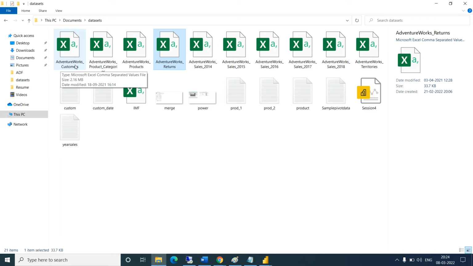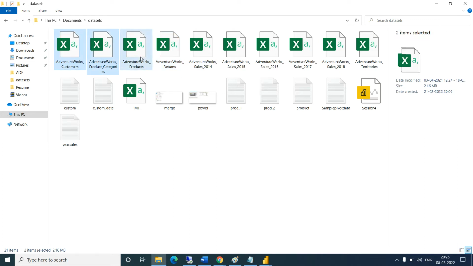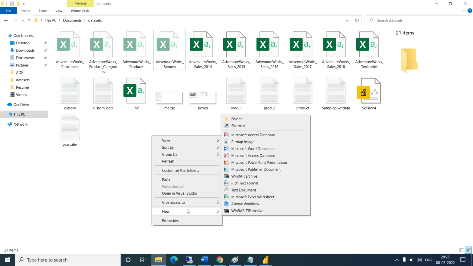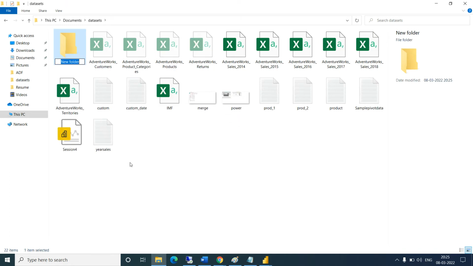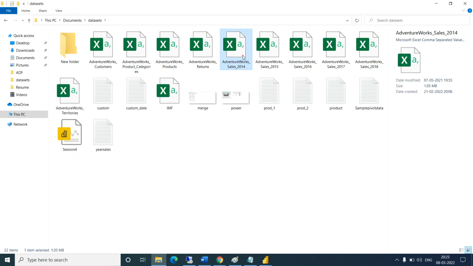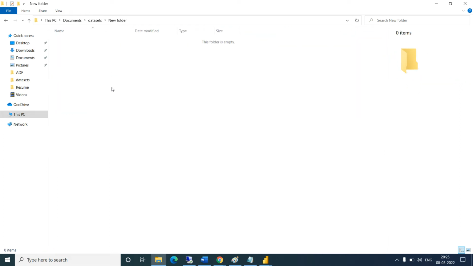Okay, so based on that, we will pick up all the files. Let me just take out this file for some time, Control X. I want to take only 14, 15, 16, 17, 18 files, because these files have the same column names in all the files.